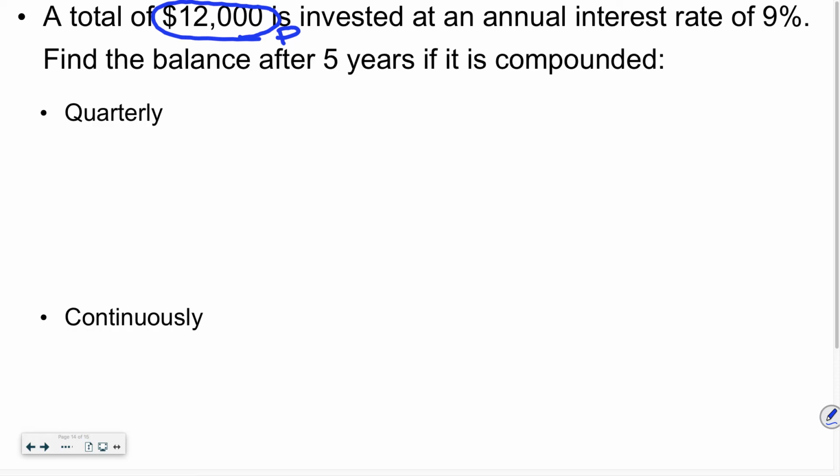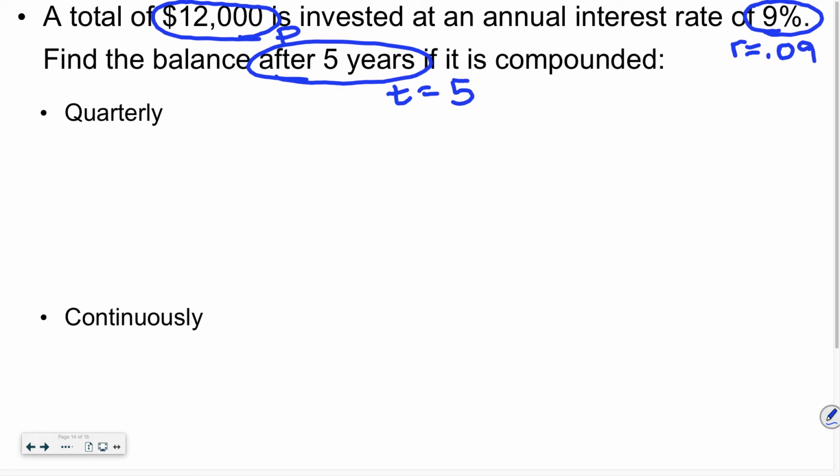Annual interest rate of 9%. R is 0.09. Find the balance after 5 years means t is 5. So A equals P